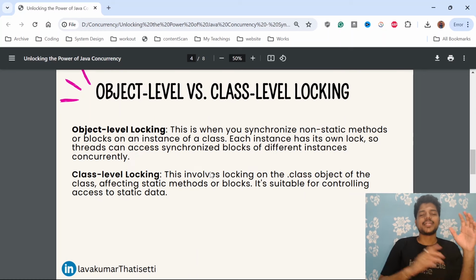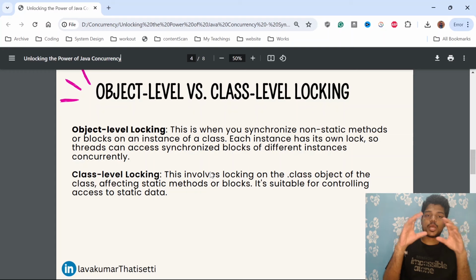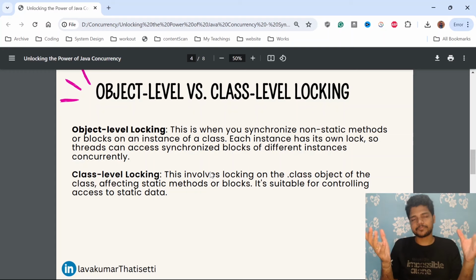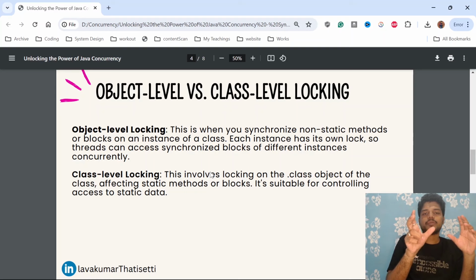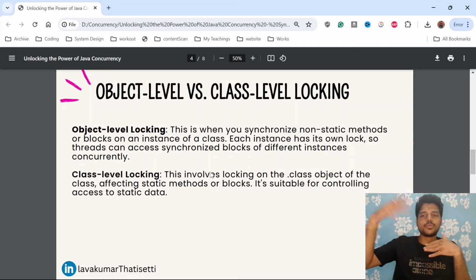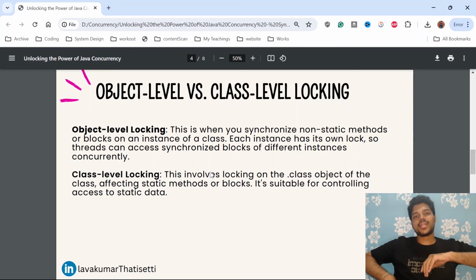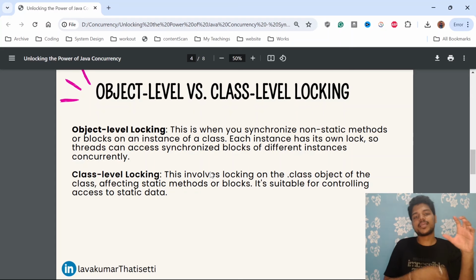Now let's understand the difference between object level locking and class level locking. You can apply synchronization at an object level, or you can apply synchronization on the whole class level. So what is object level locking? For example, you have a class, and a class can have multiple objects. A class A can have objects A1, A2, A3, up to A100. Whenever you apply locking or synchronization at an object level, it makes sure that